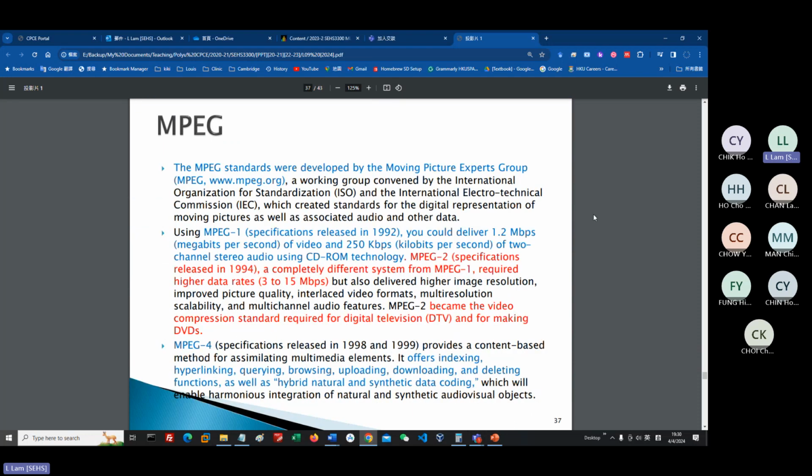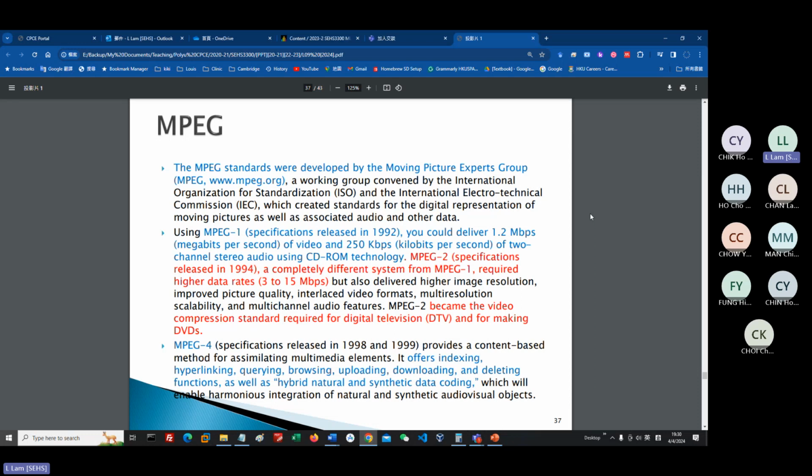Okay, again, MPEG is a very popular standard. Maybe you ask the question, what does MPEG stand for? Okay, MPEG stands for Moving Pictures Experts Group. So that's the name of the organization that introduced the video compression standard. Okay, and we have MPEG-1, which was launched in 1992, and can deliver 1.2 megabits per second of video,